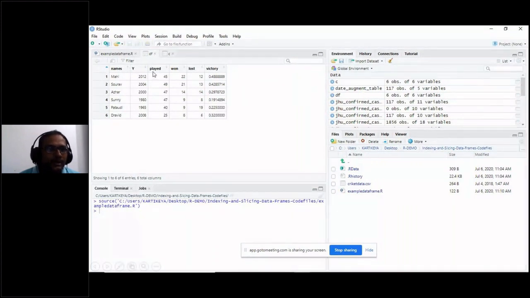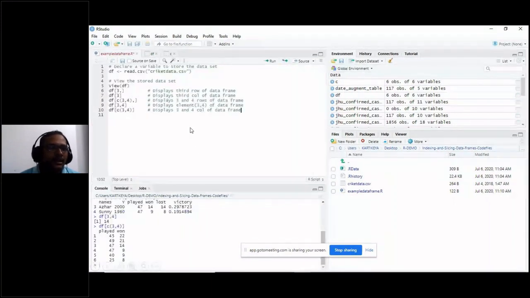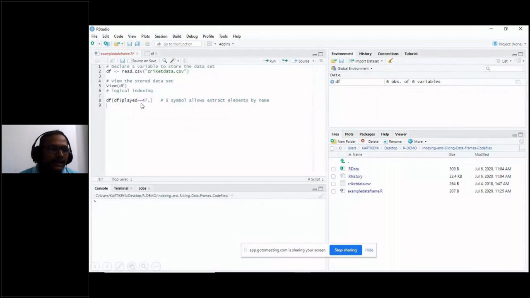The column name is played. So if I want to display, a df dollar sign indicates that you want to get a particular column header. So df dollar played. If you have written df dollar column played, R knows that you are talking about the column played.